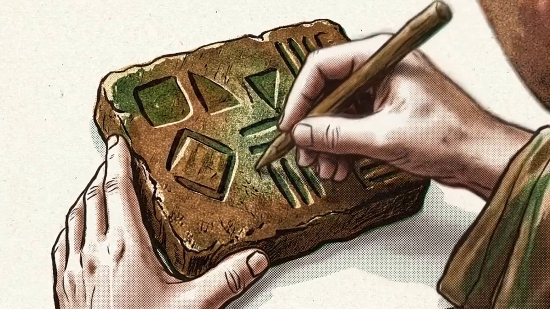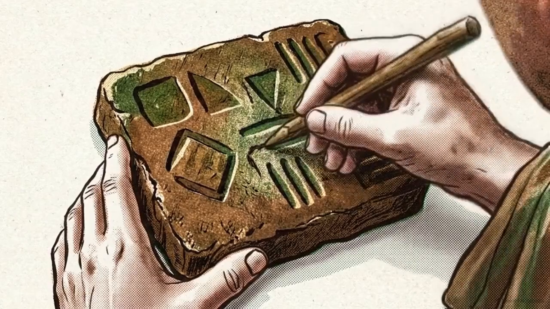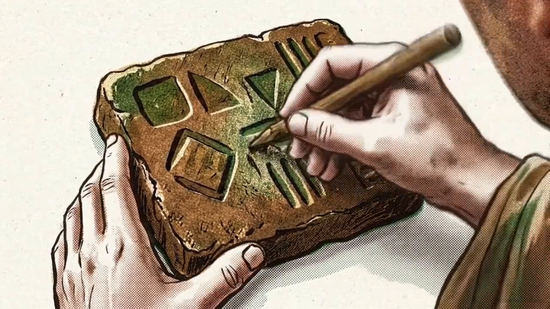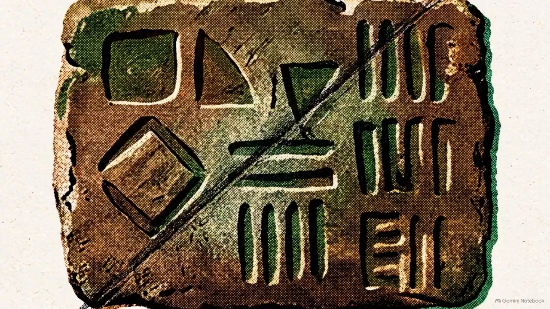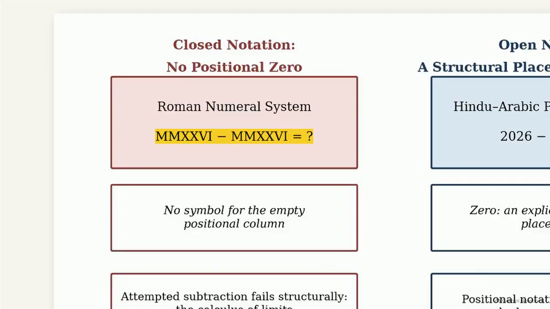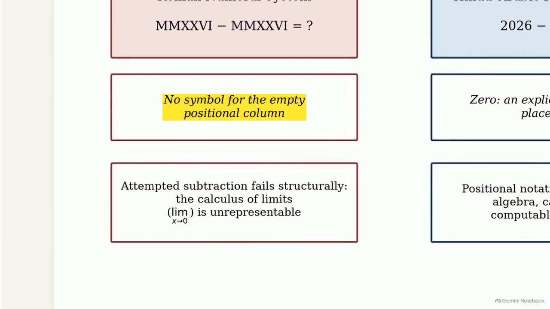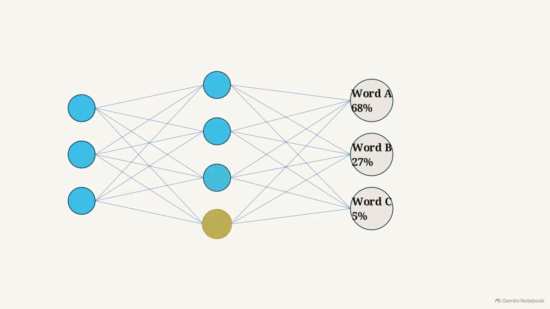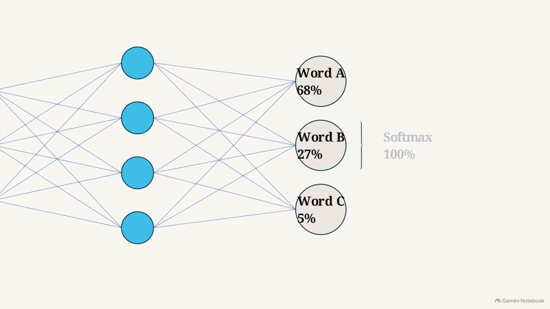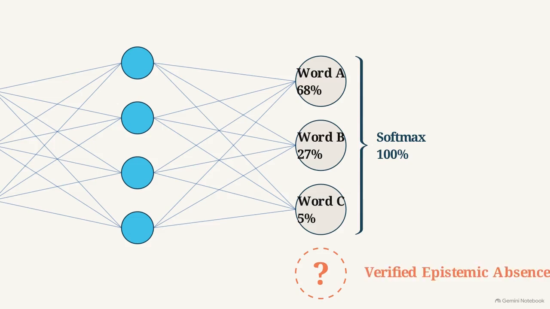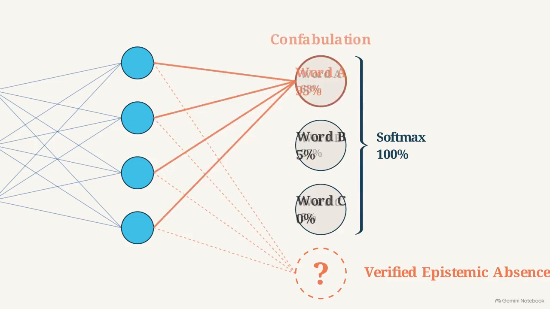Consider the greatest mathematician of the Roman Empire. Give them unlimited clay tablets, perfect motivation, and the entire Roman scholarly canon. Now ask them to perform differential calculus, to compute a limit as a quantity approaches zero. The calculation fails because Roman numerals lack a positional symbol for zero. There is no symbol to designate an empty column as a manipulable mathematical object. You cannot calculate what your notation cannot represent. This is the core problem for today's AI. Their underlying architecture is missing an analogous primitive, a first-class, addressable coordinate for verified epistemic absence.